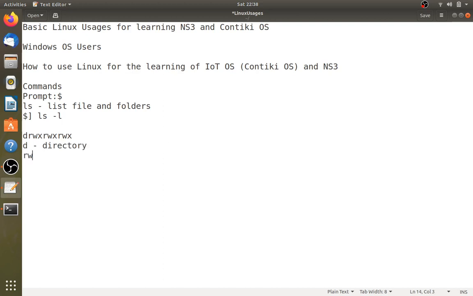The first rwx is for the owner of the file. The second rwx is for the group, if you are part of any group. The third rwx is for other users. So that's what this rwx refers to. r means read, w means write, and x means execute permission.